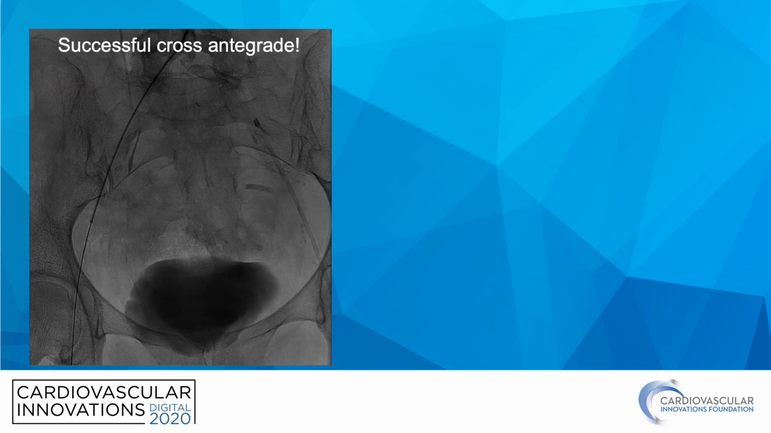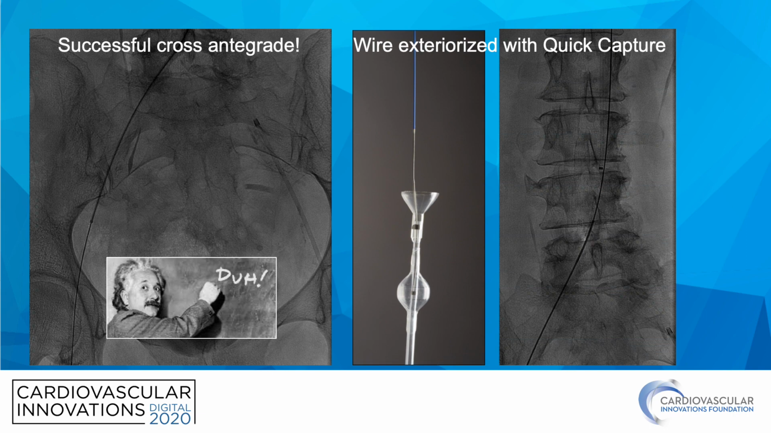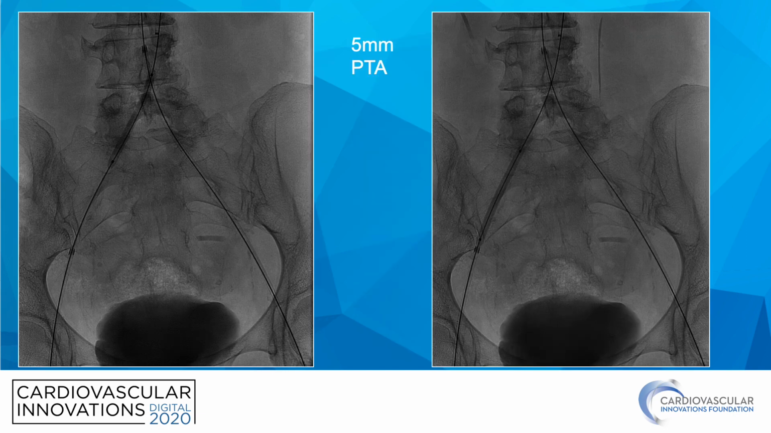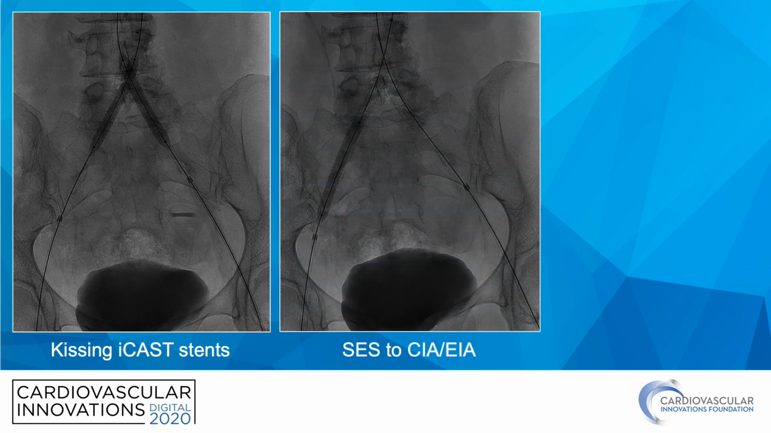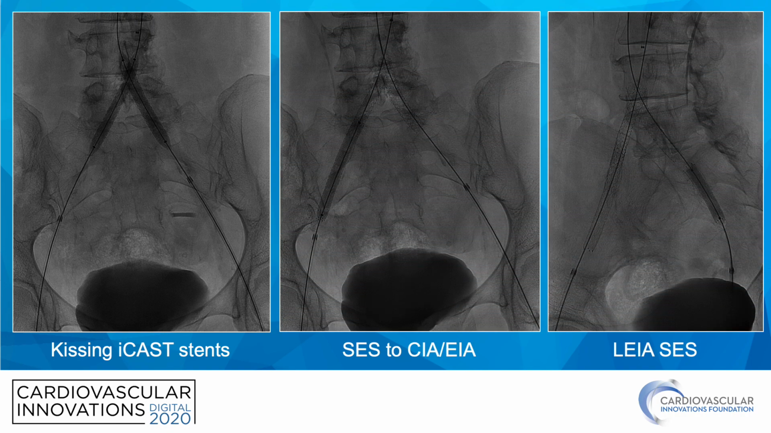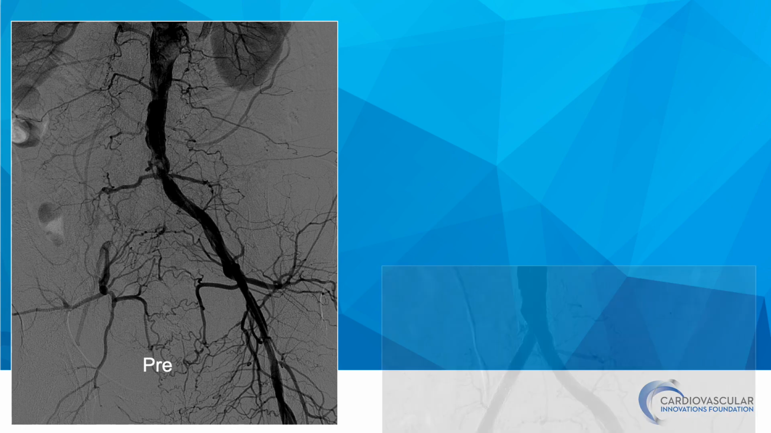We're able to traverse that occlusion very nicely, exteriorize that wire with a quick capture device, and then proceed to balloon angioplasty and kissing stents to the common iliacs with self-expanding stents to the external iliacs with a very nice